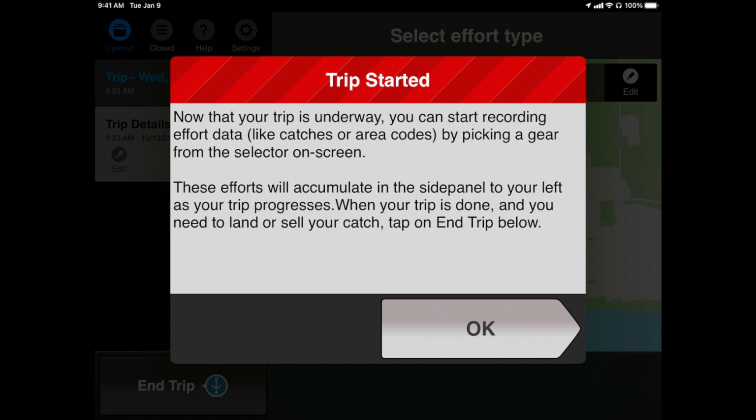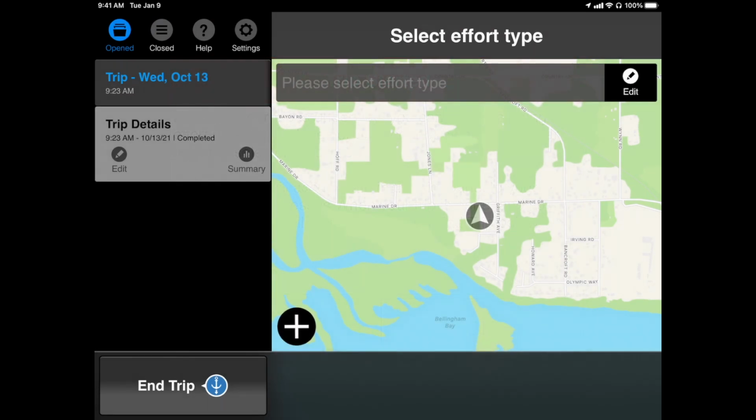We're picking up where we left off on the first video, having just completed our trip details section at the beginning of the VTR, where we entered the operator name, vessel name, and a couple of other details. And we have this friendly message here in front of us, as they are scattered throughout the app to help guide us through the eVTR process. When we are done reading that message, we can go ahead and tap OK to go into the fishing